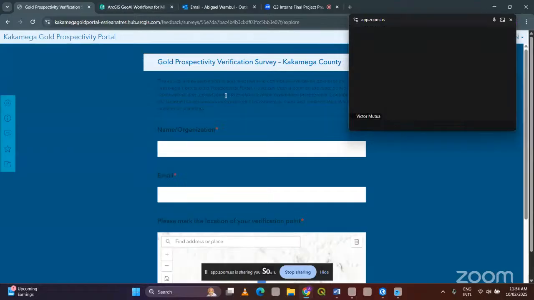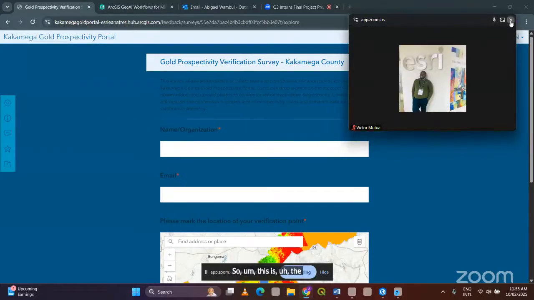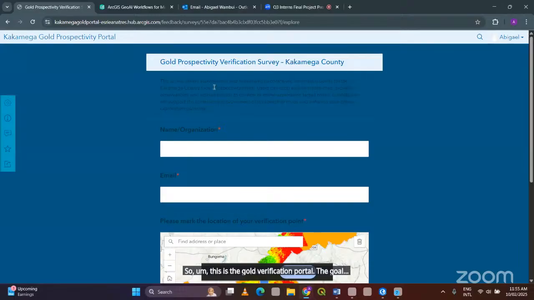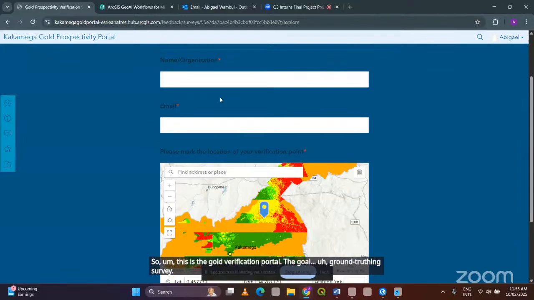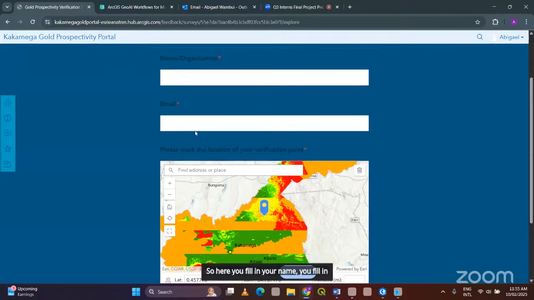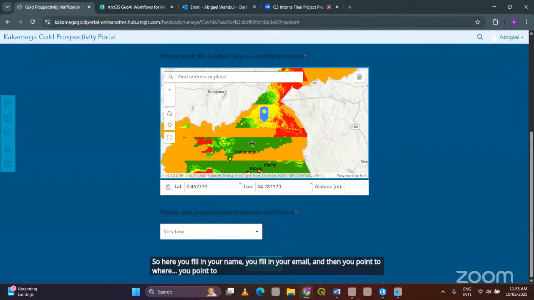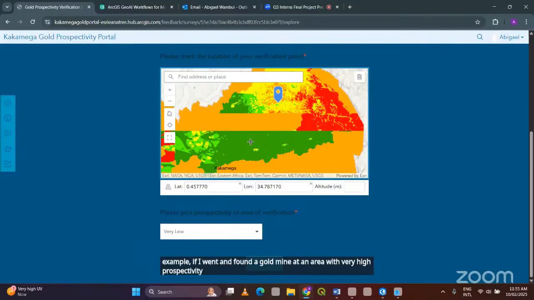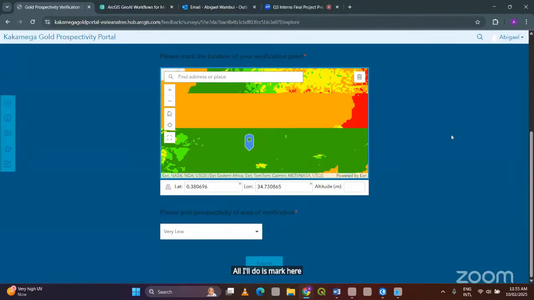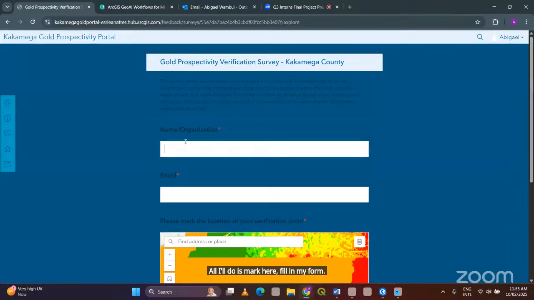So this is the gold verification portal, the gold ground truthing survey. So here you fill in your name, you fill in your email, and then you point to the area where you feel. For example, if I went and found a gold mine at an area with very high prospectivity, all I'll do is mark here, fill in my form with my name, Abigail Kagama, my email,